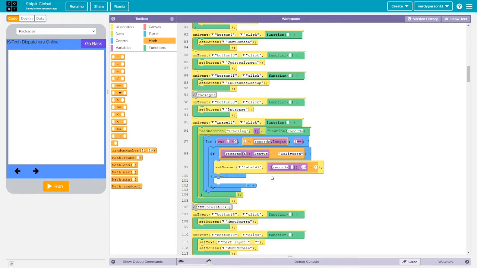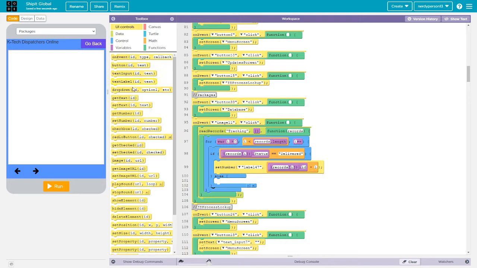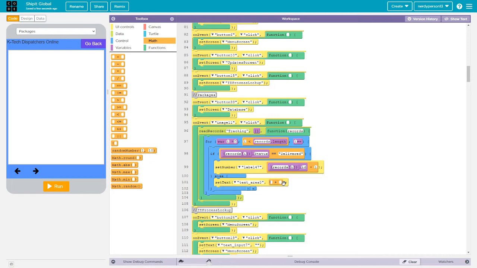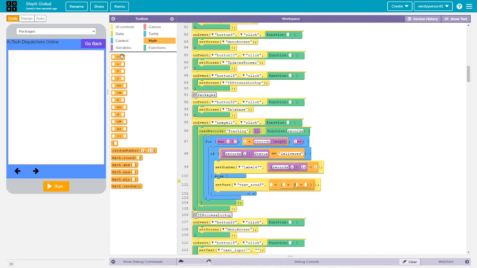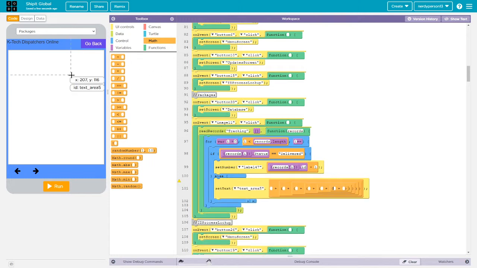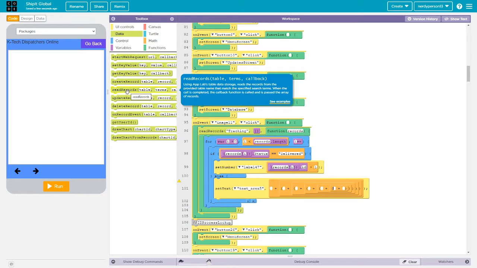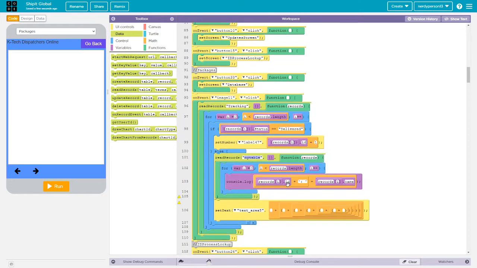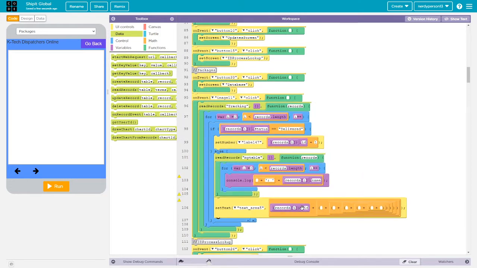Or else if it doesn't, then it's going to set the text on text area 5. It will set the text on text area 5, and we're going to be using a lot of pluses, so I would actually add on to this right now, all the way to the right. What we're going to do is build off on here. So I'm going to grab another read records, and then right here it will say the tracking number. So number,